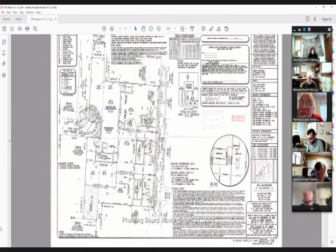Whereas the Planning Board has considered the request of Carmine Zuccolillo to subdivide 2.62 acres into 4 single-family lots. Now, therefore, be it first resolved that the final plat number 1168, map of Hobson Garden, is hereby approved, subject to the following conditions: A, posting of a performance bond in form and amount specified by a separate resolution of the Planning Board and for a term of 2 years. B, posting of a general liability insurance policy to run concurrently with the term of the performance bond